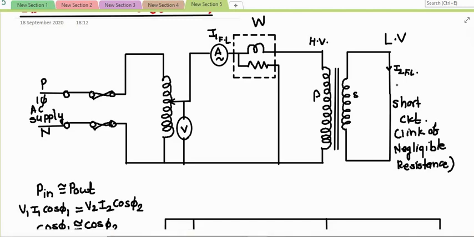So students, just again I will repeat what I have to do. I have to increase the voltage across primary, or I have to apply the voltage across primary winding till the ammeter in the primary circuit will indicate its full load current, right? Means the ammeter will indicate the full load rated current of the primary. When your ammeter indicates the full load rated current of the primary, at that time we have to note down the various observations in the tabular format. So let us see what we have to note down.